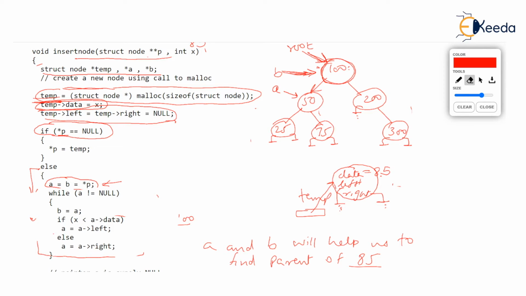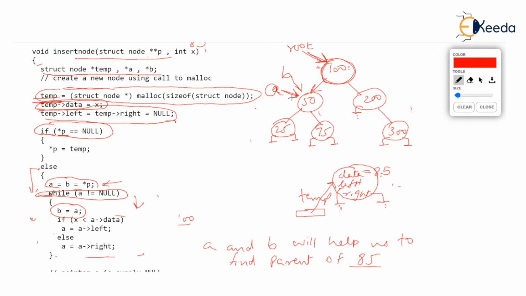I hope you have started reading the while. What's the while condition? While A is not equal to null. We are back here, you see. While A is not equal to null. And A is not null because A is pointing at 50, you observe. So we will enter the while loop and B will become equal to A. Now, if B becomes equal to A, it means B will not point where it was pointing, but B will point exactly where A is pointing, B equal to A. So look how B also joins A and B is pointing at 50.